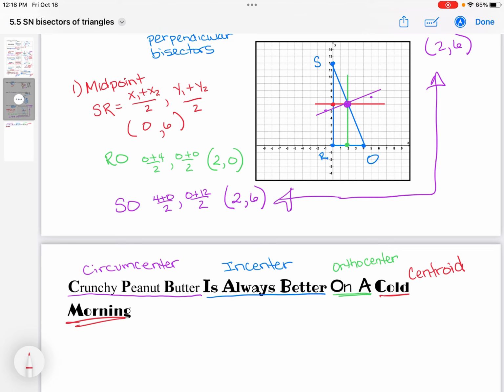So I don't even know if that's on your paper. It's probably not. But crunchy peanut butter is always better on a cold morning is our little mnemonic to help us remember the 4 different centers we're going to learn. We did circumcenter and in-center. We're going to do orthocenter and centroid. And then that's the 4 points of concurrency in